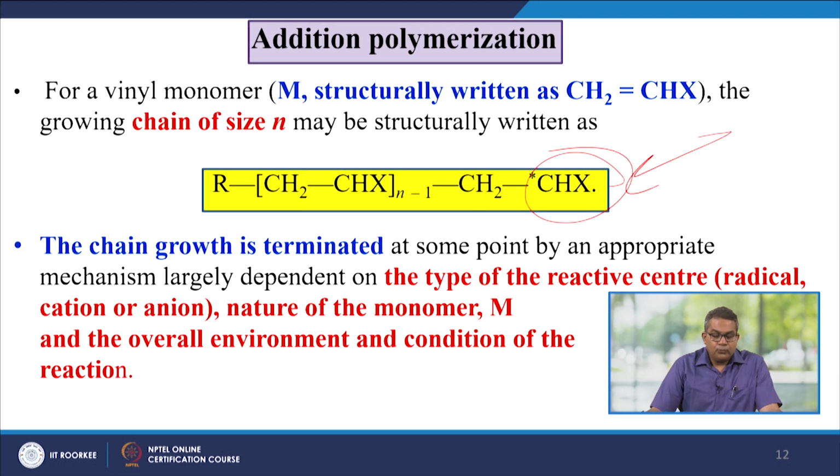CHX. For vinyl monomer M, let us take the structure written as CH2 double bond CHX. The growing chain of size N may be structurally written like this. So, the chain growth is terminated at some point by an appropriate mechanism, largely depending on the type of the reactive center, that is radical, maybe cation, anion, and the nature of the monomer M and the overall environment condition of the reaction. So, on the basis of steady state assumption, this radical M may be expressed as